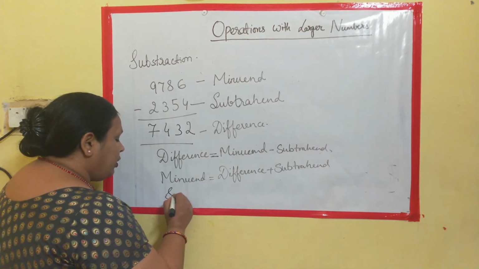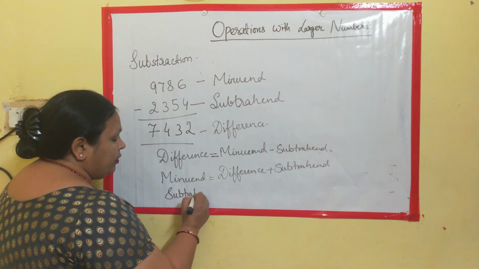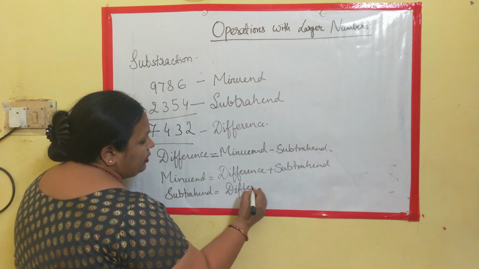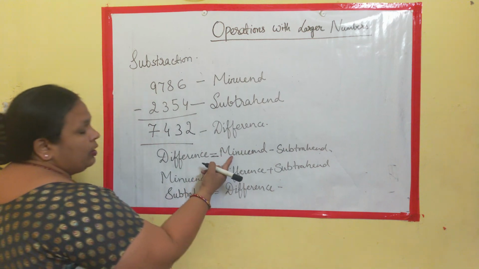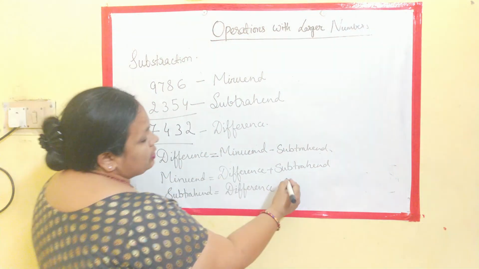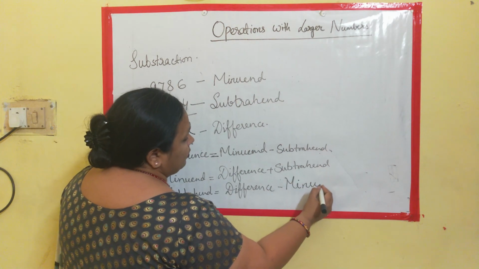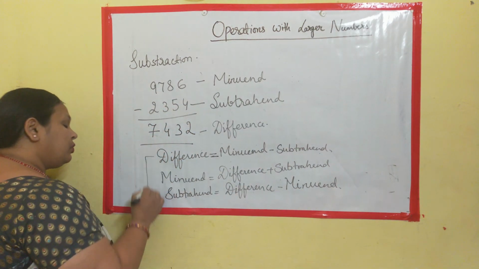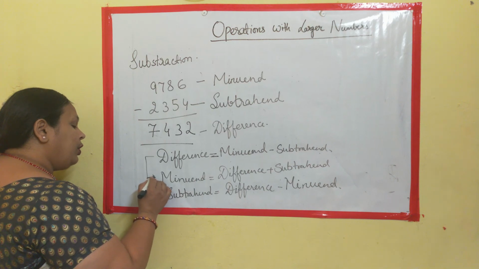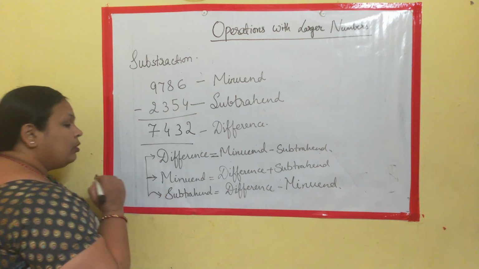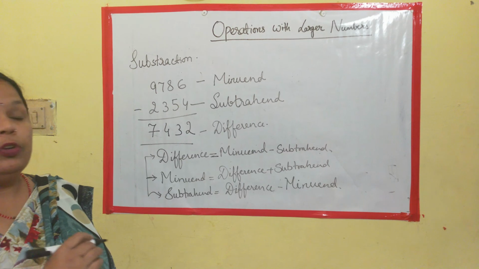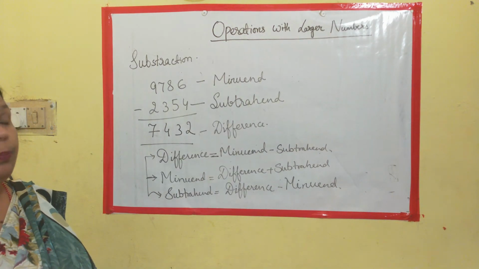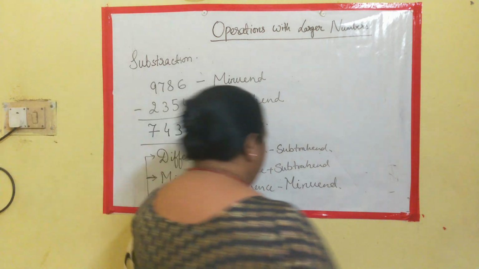Now if you want subtrahend, then this is difference minus, this is positive, when this moves to the other side, this is going to be negative. Clear? Now these three things we already know about, but just to learn the names by which we will be introducing these in our chapter. Now we'll take up one example over here.